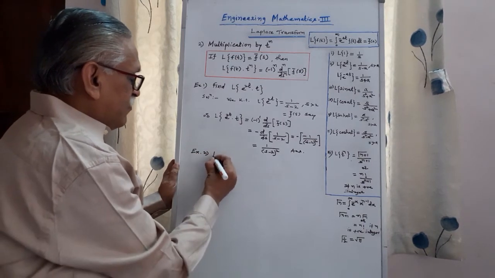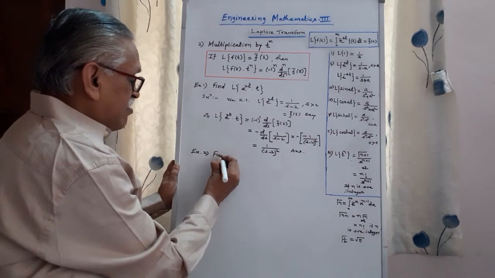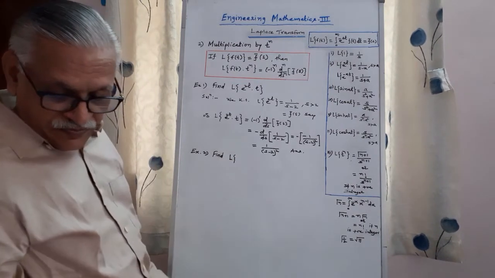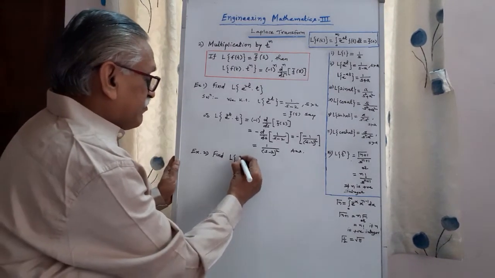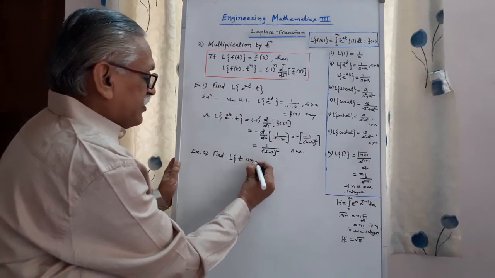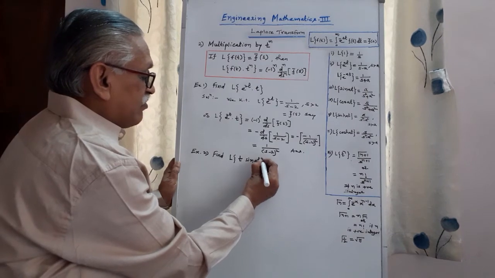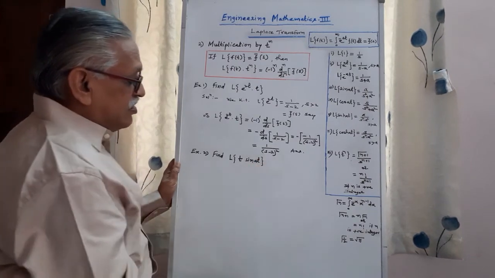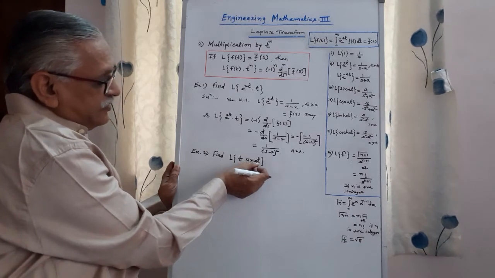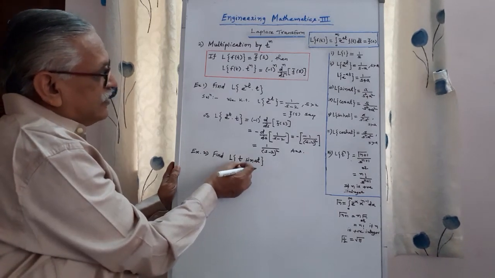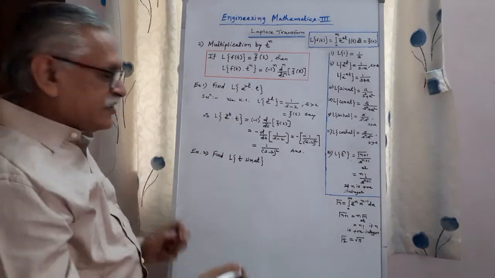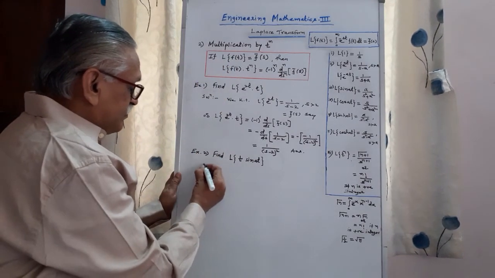Next example, find Laplace transform of t into sine of at. Again, we consider f of t as sin at, which is multiplied by t, means it is a problem for this theorem, multiplication by t raised to n. Therefore, performing the steps,